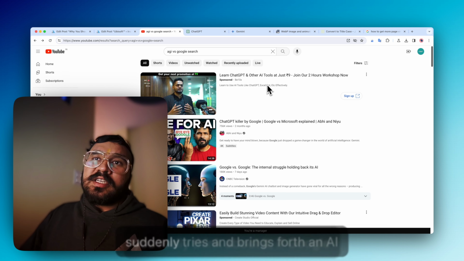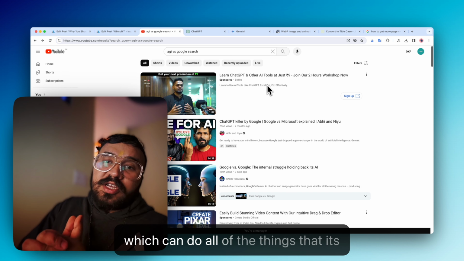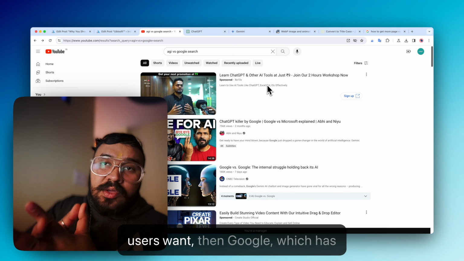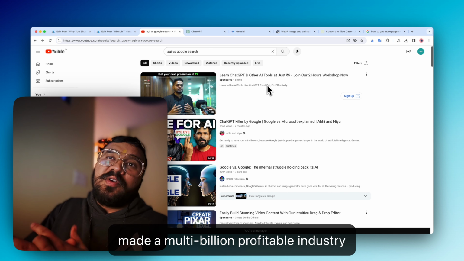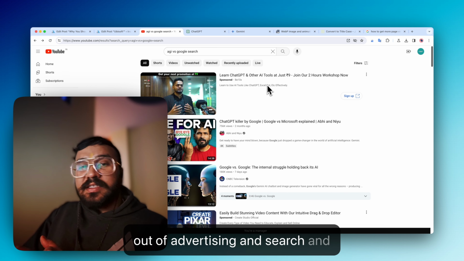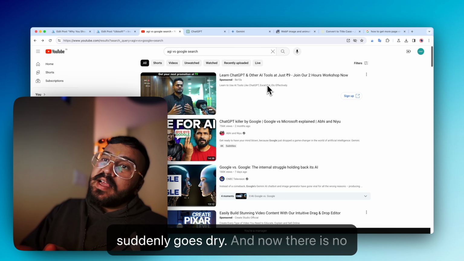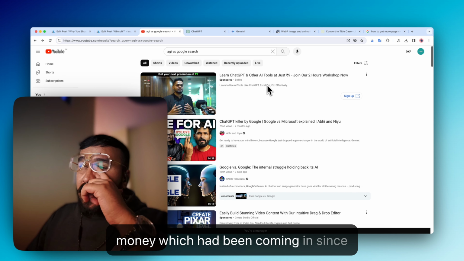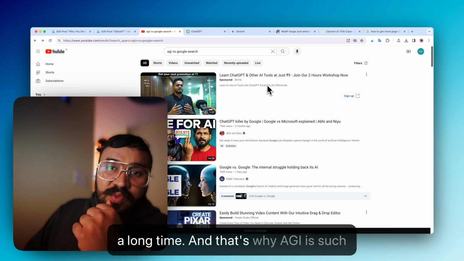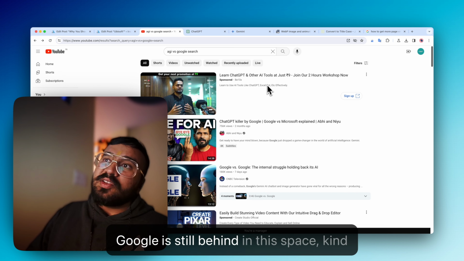The problem is that if you really think about it, if Google suddenly brings forth an AI which can do all of the things that its users want, then Google, which has made a multi billion profitable industry out of advertising and search and everything else, their cash cow suddenly goes dry. And now there is no way to generate all of that money which had been coming in since a long time. And that's why AGI is such a big game changer, and that's why Google is still behind in this race,